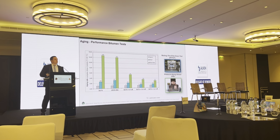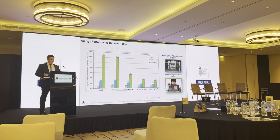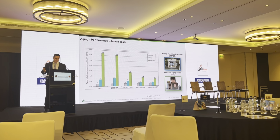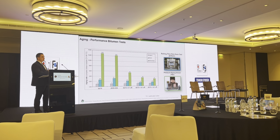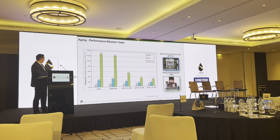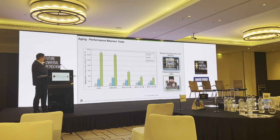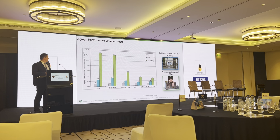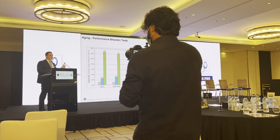So aging is a big problem. The next figure summarizes the results of the aging tests in a bar chart. The aging rates are compared between a bitumen 50-70, a PMB with SBS, this one, with an SBS rate of about 3%,